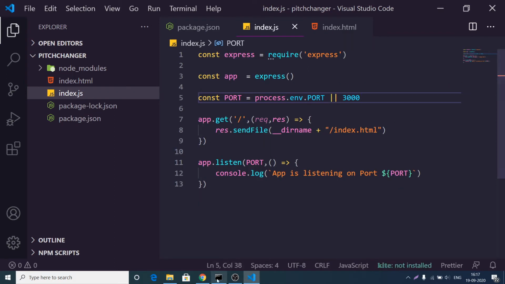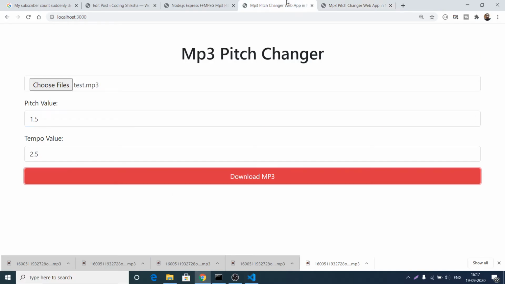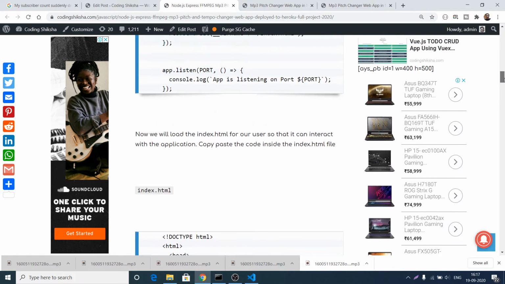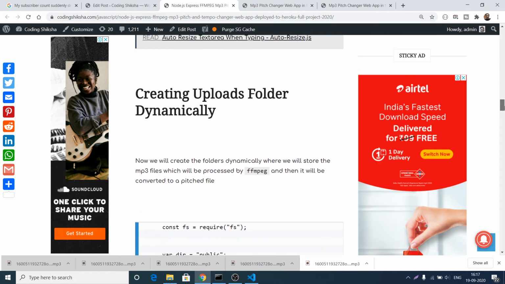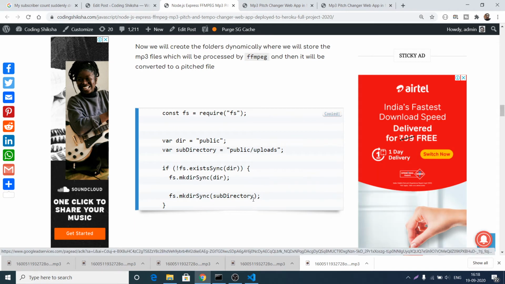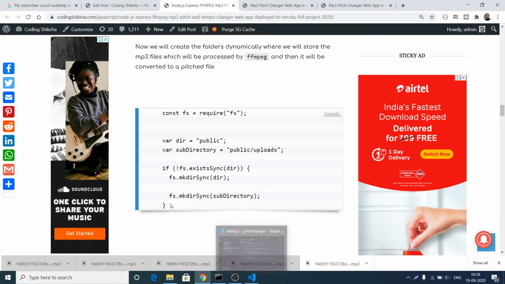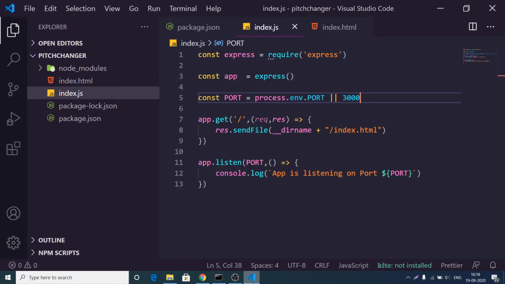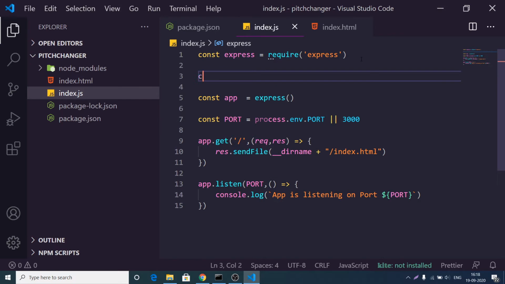But before that, we need to make a dynamic folder where we can save these uploaded mp3 files. For that, we can create these folders dynamically. If you have followed my previous tutorials, I have followed the same approach. For this, you first of all need to require the file system module. I can just simply copy this code, and right before this you need to require the file system, which is a built-in module.